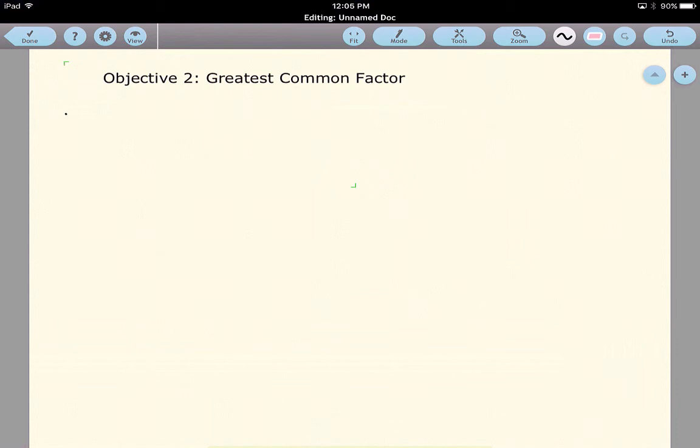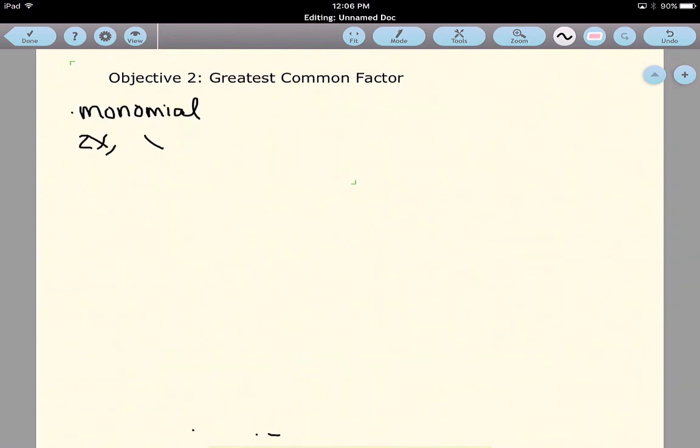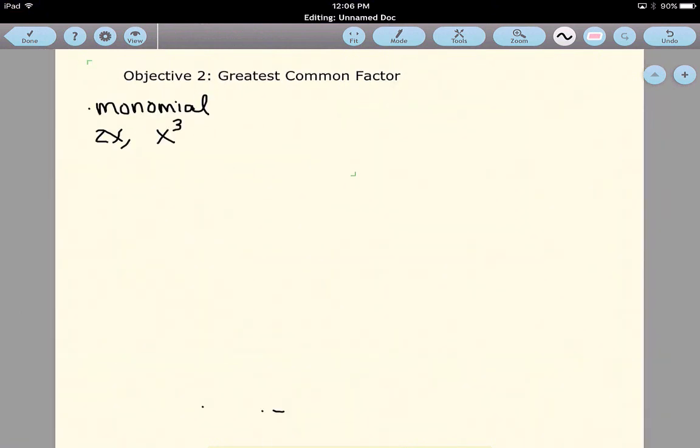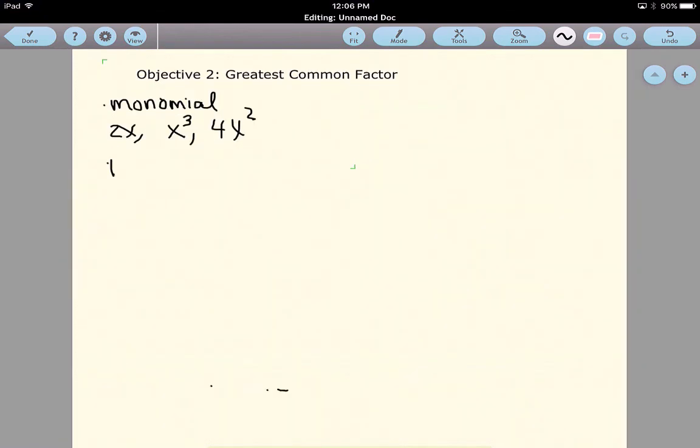A monomial is a single-term polynomial, such as 2x, x cubed, or 4x squared. Again, a monomial is a single term coming from the root mono, such as 2x, x cubed, or 4x squared. Each of these is a single term, and there aren't any addition or subtraction signs connecting it to multiple terms. Following the same suit, a binomial,